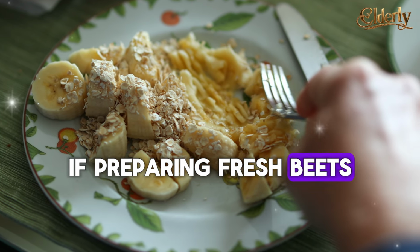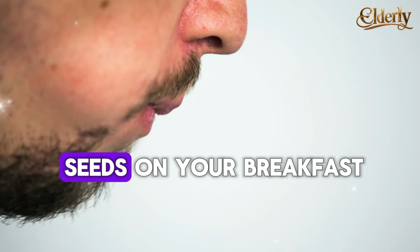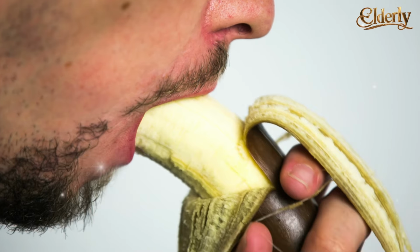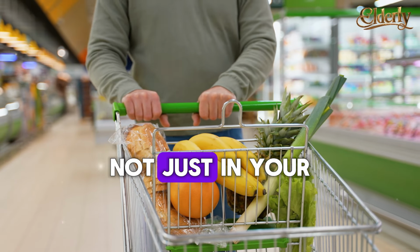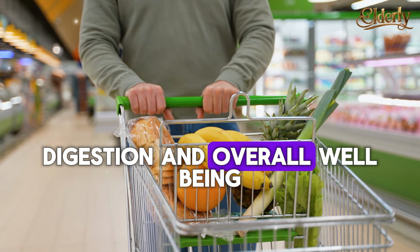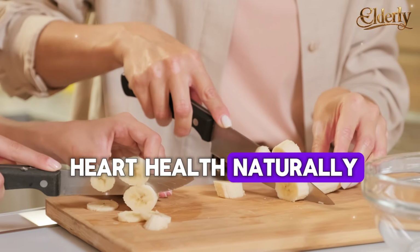If preparing fresh beets or storing flax seeds sounds overwhelming, start with just one change, like sprinkling ground flax seeds on your breakfast or eating a banana instead of a salty snack. Build gradually, and let the habit grow over time. The more consistent you are, the more benefits you'll notice, not just in your blood pressure, but in your energy, digestion, and overall well-being. With just a few thoughtful tweaks to your meals, you can support your heart health naturally,